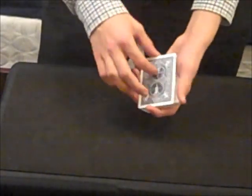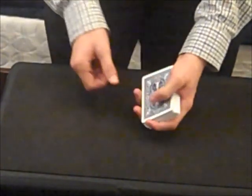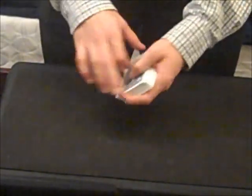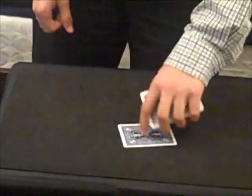Here, when they say no, you just take it, do a double lift, turn both cards face down, and now do this little move. What you're going to do is set down the top card. But you can't do it like this because then you'll flash another face down card. You can't do it like that because then you'll show that it's already changed. So what you do is a little undercover, you drop it down, let it fall, so they never